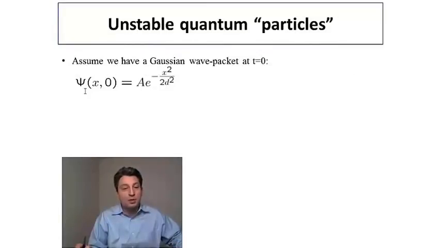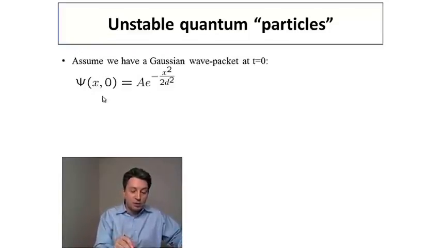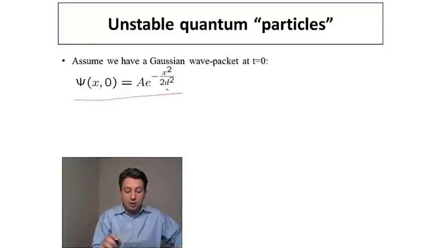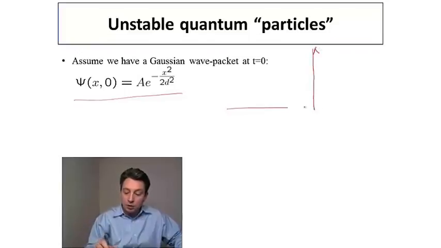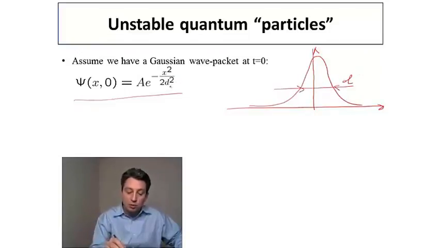The question that we're going to ask is what happens if we enforce a particle-like solution in our quantum mechanical problem. Let's postulate that at an initial moment of time t equals 0, we have a wave function such as this, which is called a Gaussian wave packet. This wave function describes a particle which is localized in space around 0. So it's a typical Gaussian around 0, and the spread of this Gaussian is of order d, which is the parameter of the model. The coefficient a here is not very important at this stage.